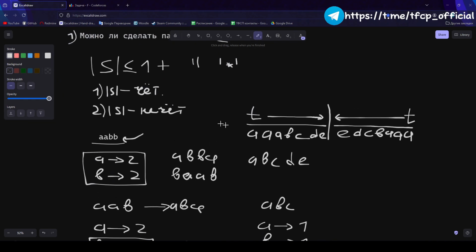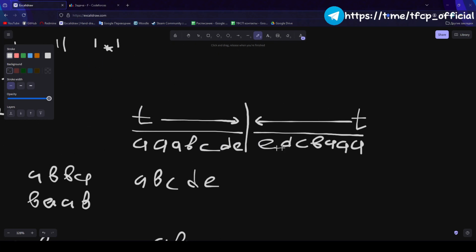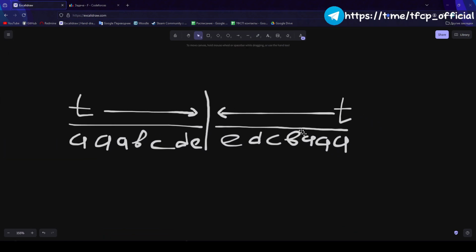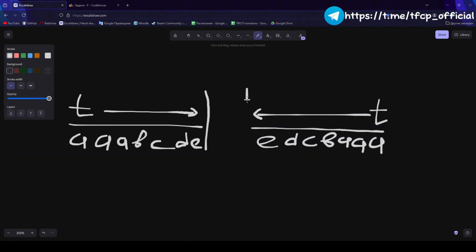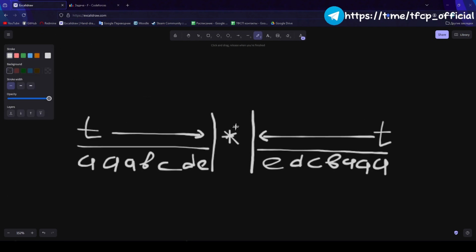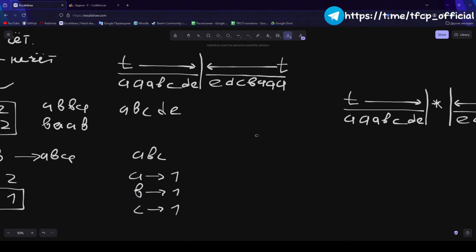Have we figured out how it will look if our string is odd? Basically, it's the same, but we have one character that will be in the middle. That is, here it will be essentially the same string t, and here I will have some character that is left alone, for example, this b, and it will stand in the middle accordingly. And since it is alone, it is again lexicographically